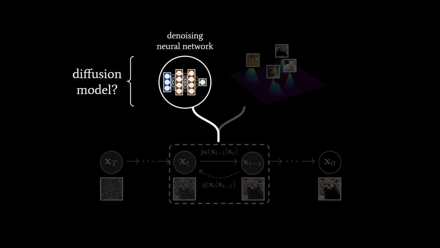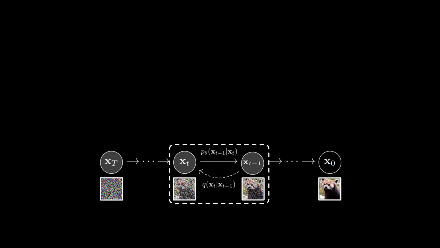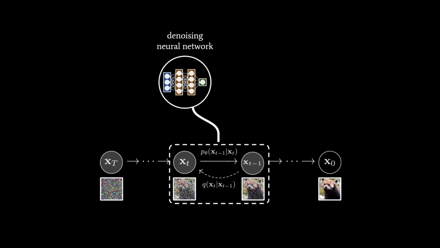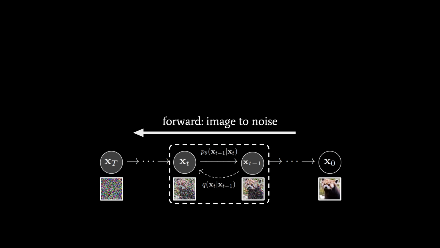People usually present a noising-denoising perspective. There's a forward diffusion process of adding noise gradually to an image, which transforms it to pure noise. Then we have a neural network, the diffusion model, that learns to reverse that process, allowing us to generate images